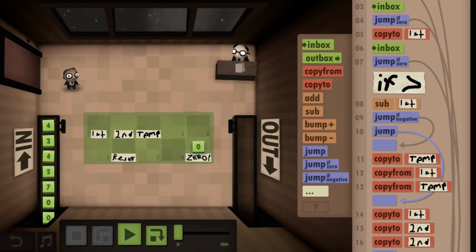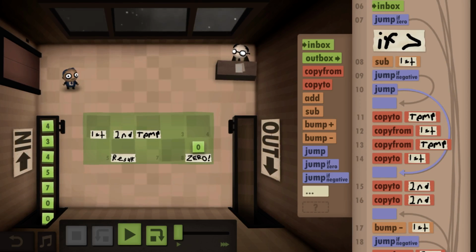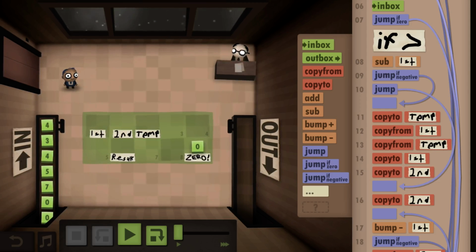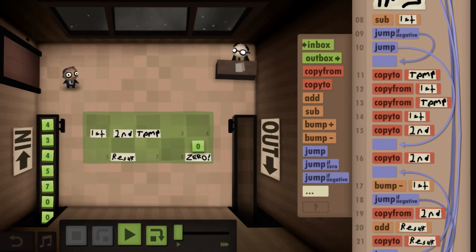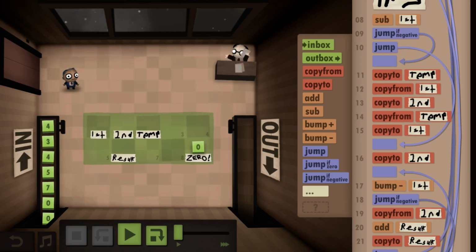Now we just added quite a lot of commands there, and I copy to temp, copy from first to second, copy from temp to first.